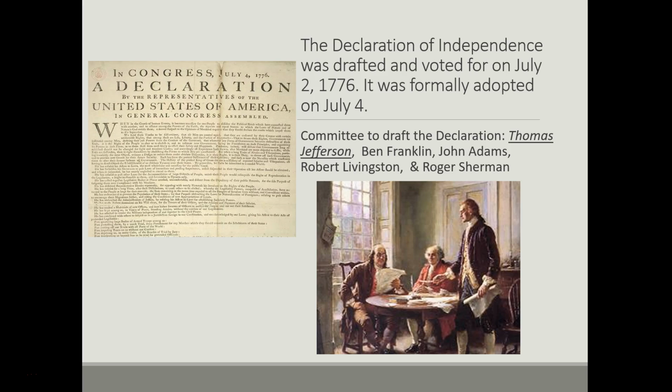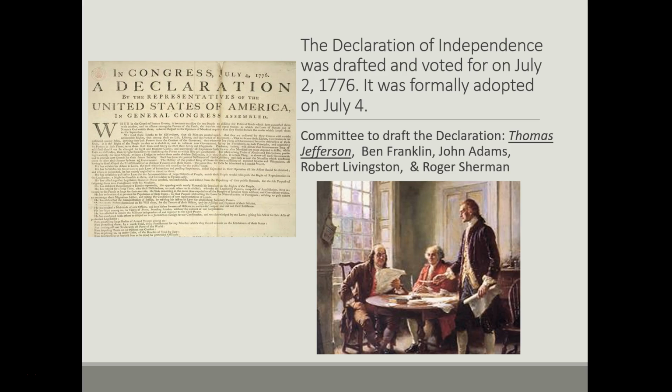And once the document has been edited and rewritten and everybody on the committee is in agreement, it goes to vote. And the vote happens on July 2nd, 1776. And after this vote and everybody's in agreement, we should send this letter, John Adams sits down and he writes the next day a letter to his wife, Abigail. And in this letter, he says, "The 2nd day of July, 1776, will be the most memorable epoch in the